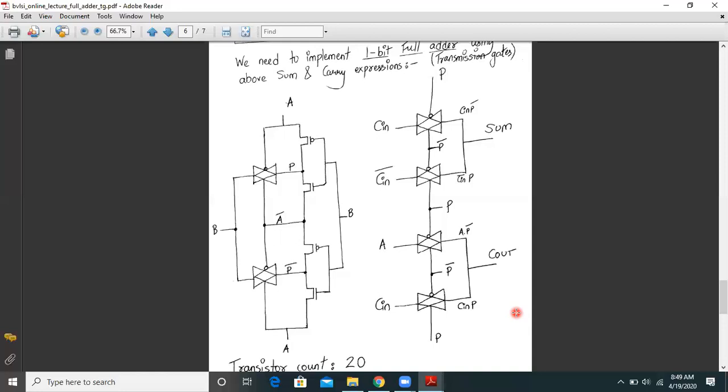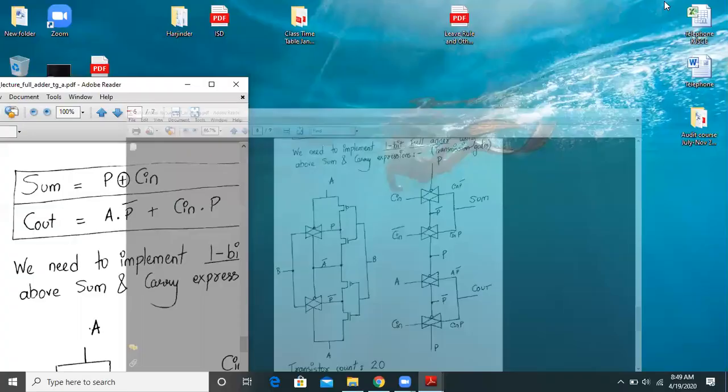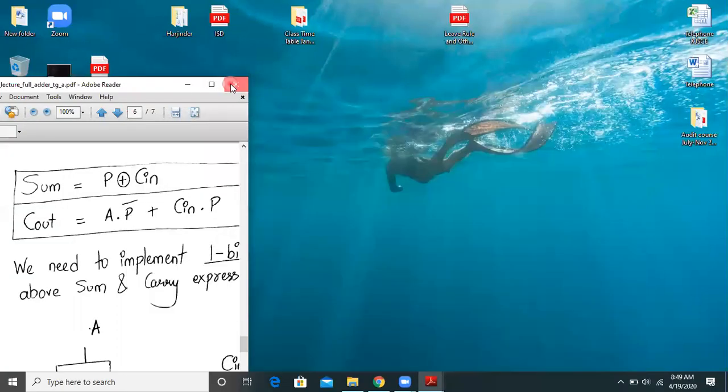You can compare it with them. This is the least transistor count which we have encountered to make a 1-bit full adder. So next we will see the LTspice simulation of the same, so that we can verify whatever we have said over here. So let me open up LTspice.